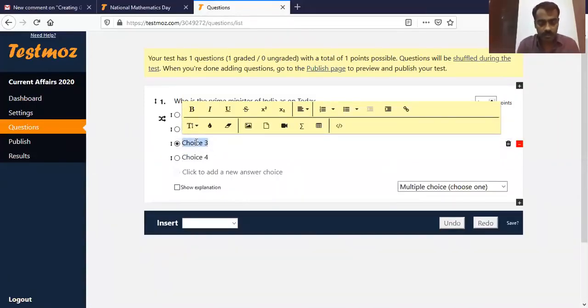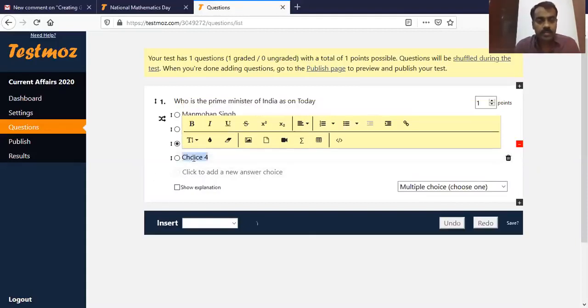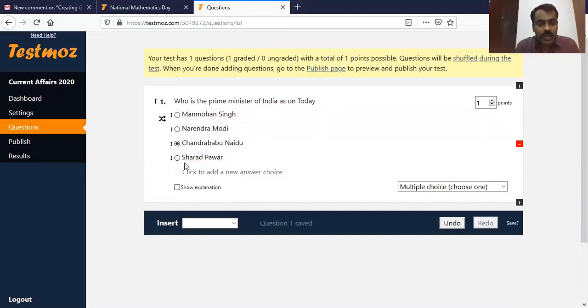Suppose we say Chandrababu Naidu. Okay, and then Sharad Pawar. And here, while typing, we have to select the answer.